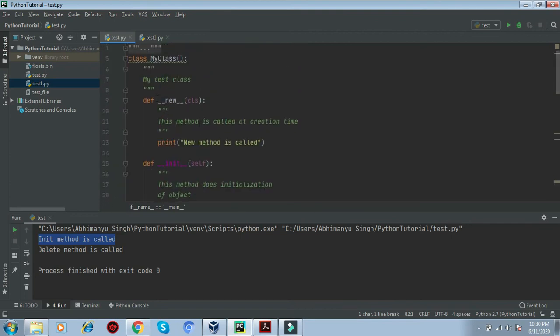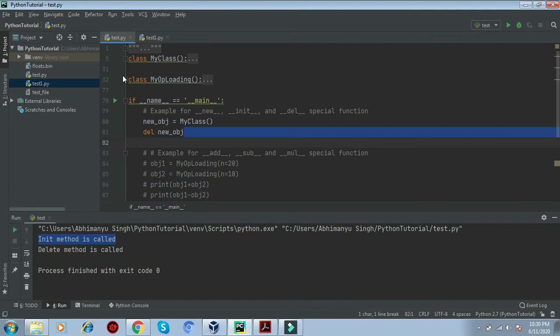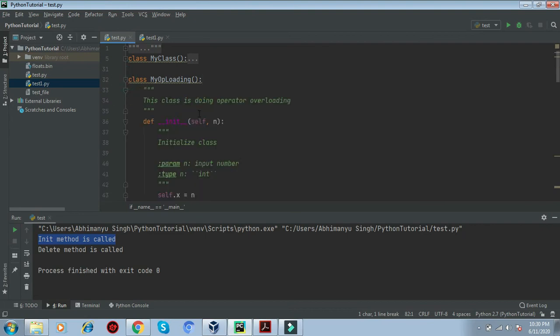Another example is related to operator overloading. Here we have two objects, and between them I want to perform addition, subtraction and multiplication. Generally, using arithmetic operations on them is not possible.